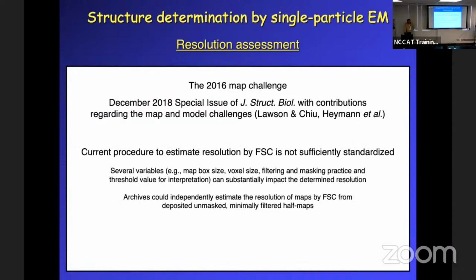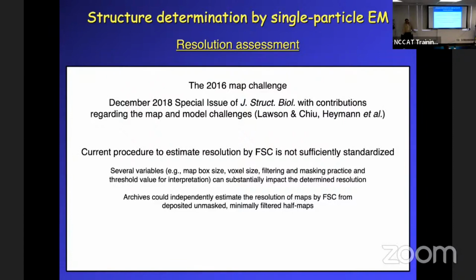But basically, the main take-home message from that was that even though there is now the gold standard FSC curve, it's still not well enough standardized that you can actually trust the FSC, because it depends on a bunch of other variables, such as the size of the map box, the voxel size, filter, masking, and also the thresholding of your mask. All this will affect how you will get an FSC and what kind of resolution you will get. And so the idea is now that you submit half maps to the archives and they will calculate averages and resolutions for you. So that might be a step in the right direction, but